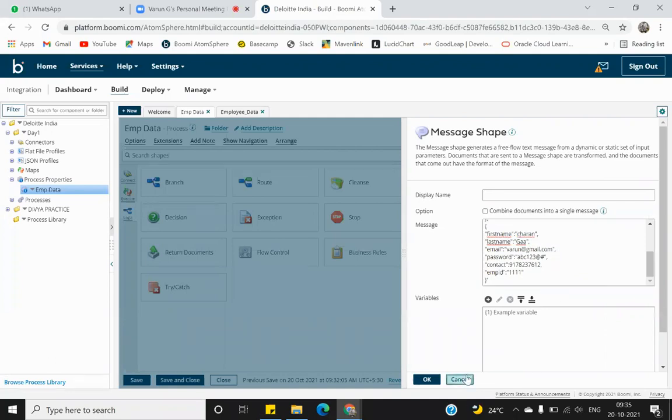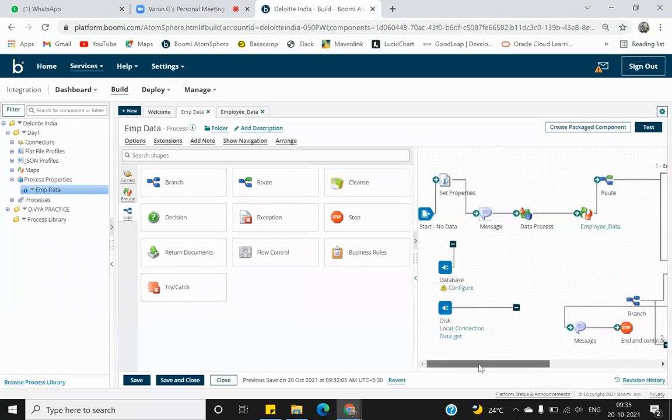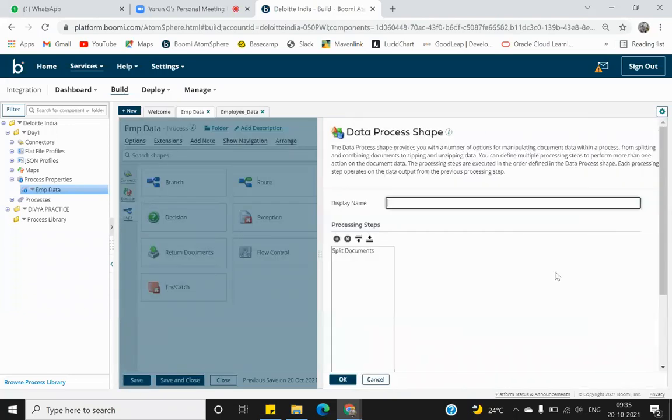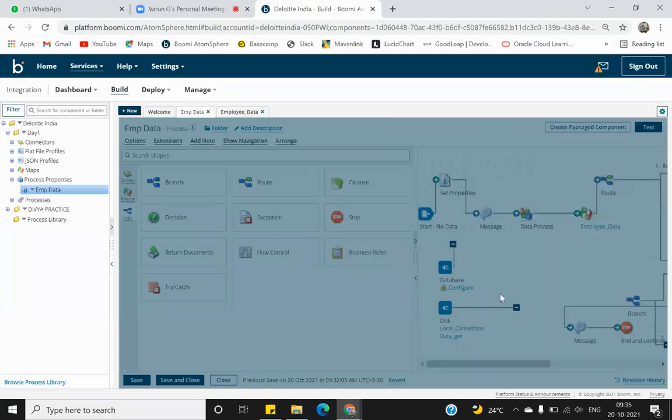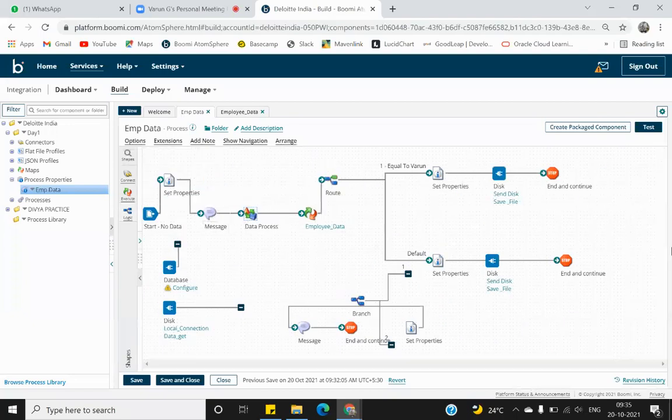So what I'm doing is I'm splitting this document, but the split won't work here because it's not a full-fledged data, it's current data. So when it is splitting it, it's just splitting it into one. Ideally, when you split a document, it goes into two documents, but it's splitting it into one, then my mapping. Okay. So if I run this,